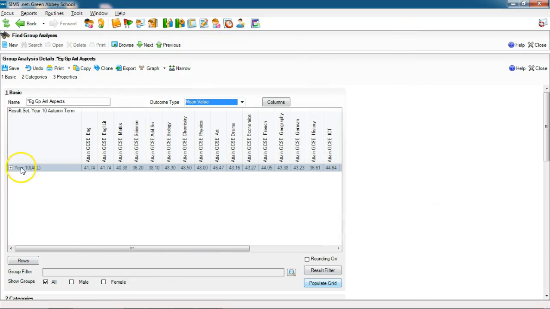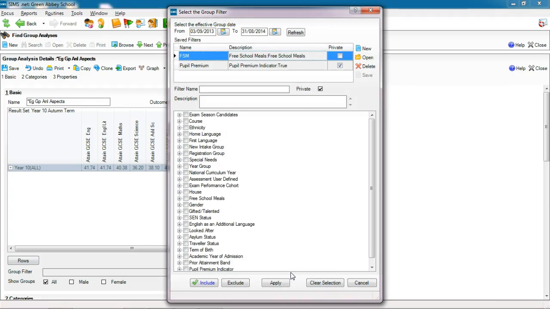As I say though, if you have 2 or 3 rows on here, those graphs quickly become quite unintelligible. But in a situation like this where we just have a single row, then they can be very good. Also got the group filter down here. So we talked about looking at boys versus girls down there. We've also got the group filter, the standard group filter,